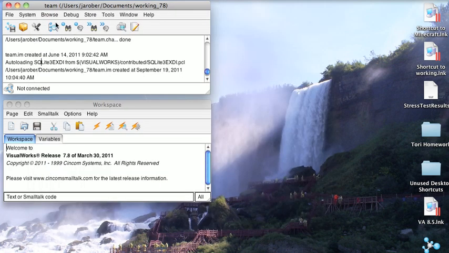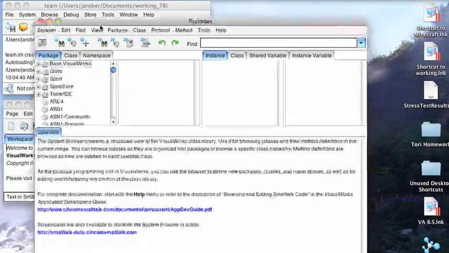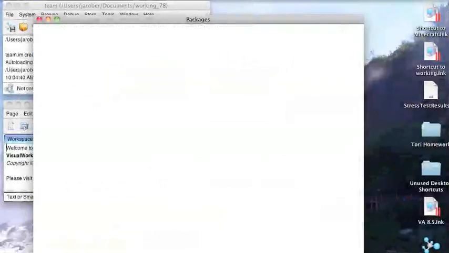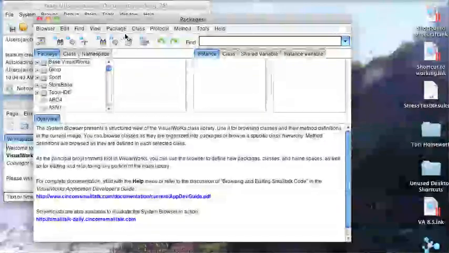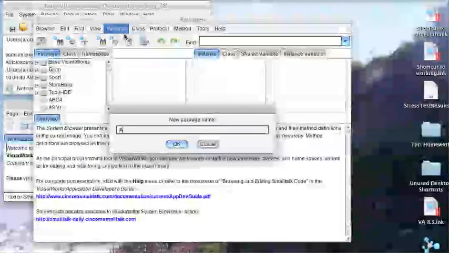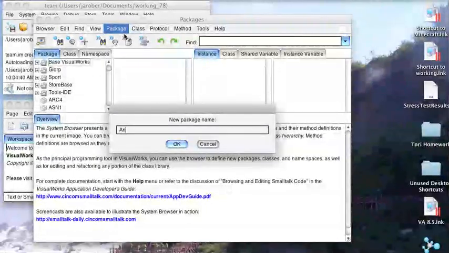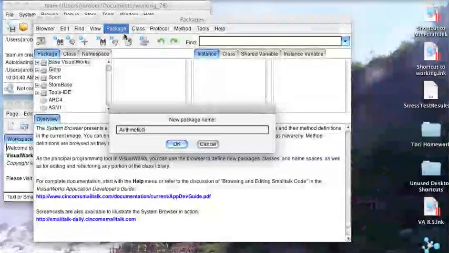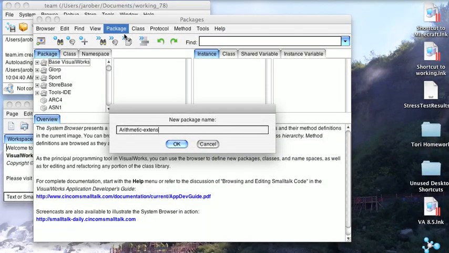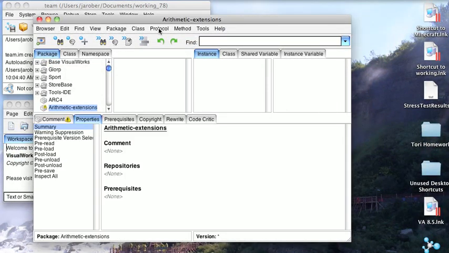And what we'll do is walk through a small example. We'll open up a browser, and I'm going to make this small enough to see in the entire viewport here, and I'm going to add a new package. And I'll call this arithmetic extensions. And what we're going to do is add cubed, but before we add the cubed method,